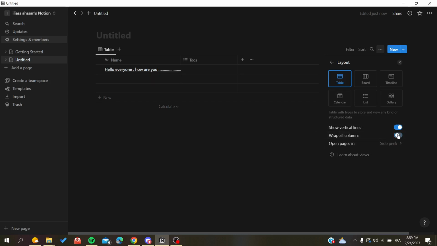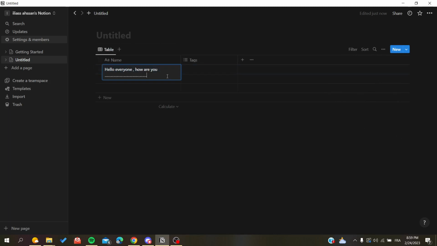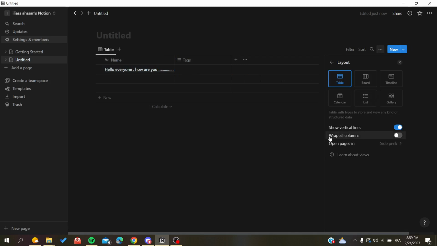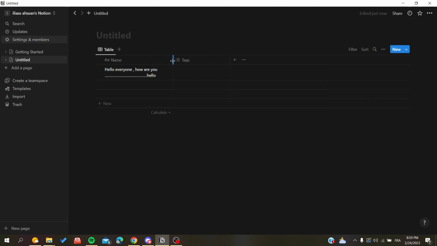So basically if I go like that, our columns are not wrapped. If I quit my cell, I will see that my text is not fitting, and you can do it like this, resizing your column or your row manually, or you can just use the wrapping text feature. So you will just click on wrap all columns, you enable it, and now you have your text wrapped correctly in your cells